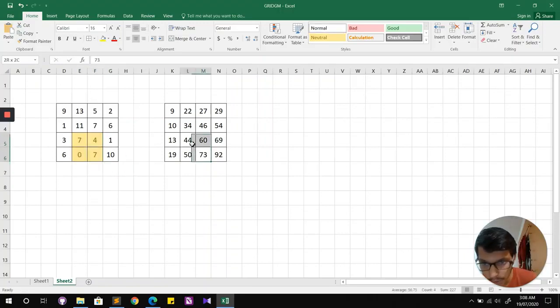These numbers are not helping me directly, but if I see carefully, this number 73 accounts for the sum of all these elements. All these elements sum to 73. That's one thing that I know for sure. But what are the extra elements? These red elements are the extra ones, right?